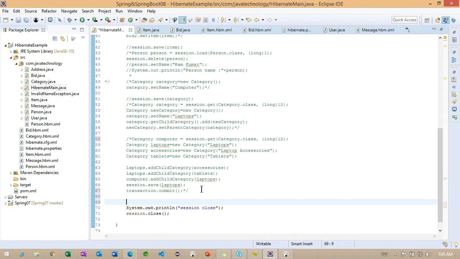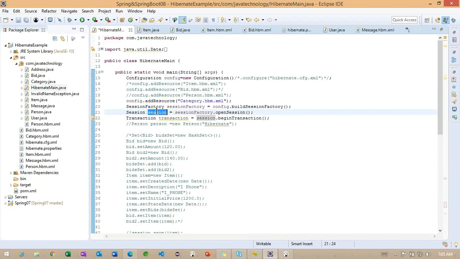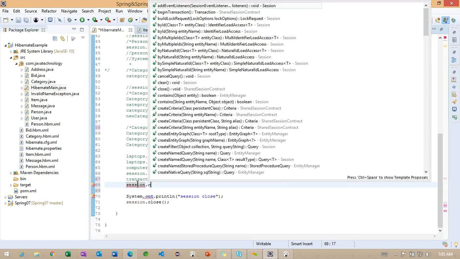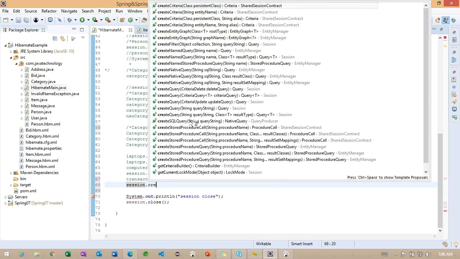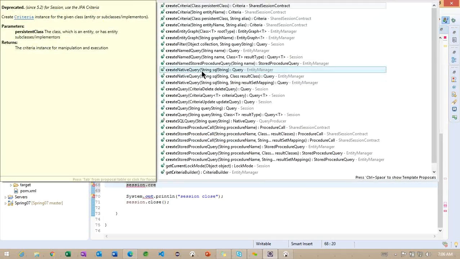And you can observe here what we can do. The session is already created, where we created on top of here. So using the same session, what I'm doing here, I want to work on the HQL, something called session dot createQuery.